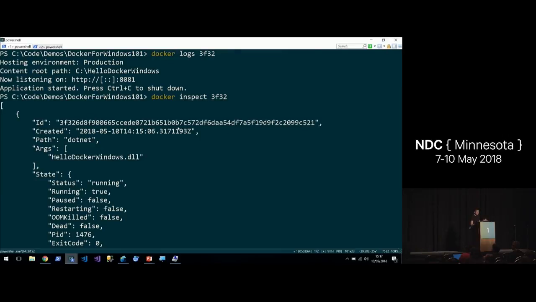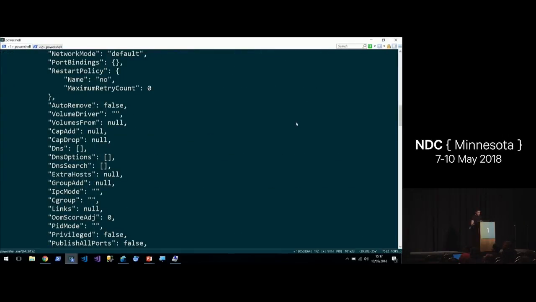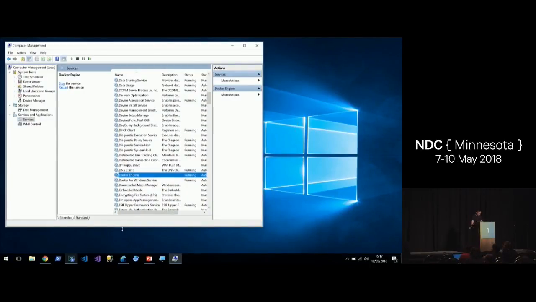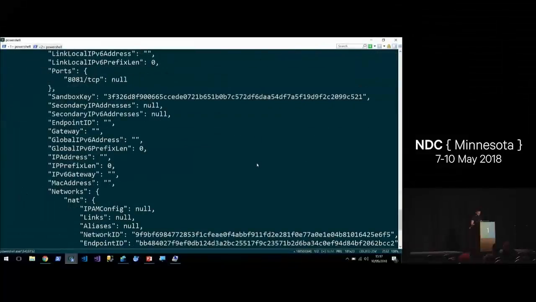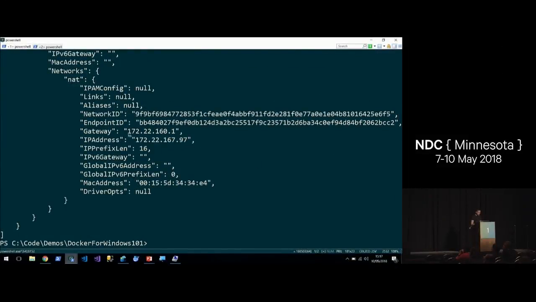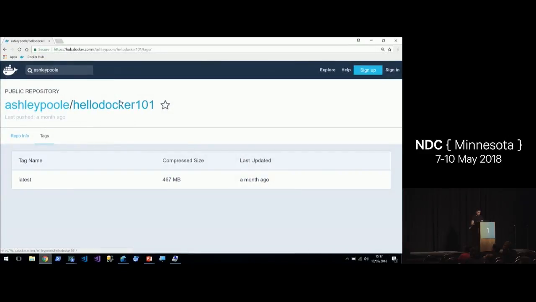So we can see the created date, the ID, the arguments. But the bit that we're interested in is towards the end of the file. Output. We've got this networks section here. And we can see here that we've got the IP address of our container now. So if I copy that and head back over to the browser,